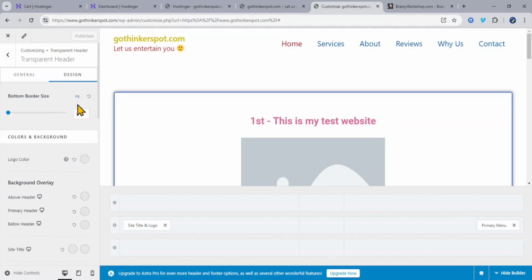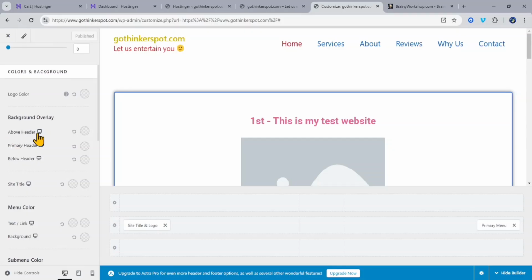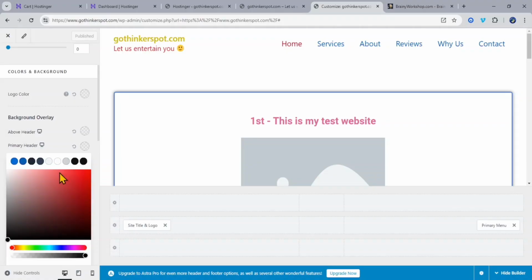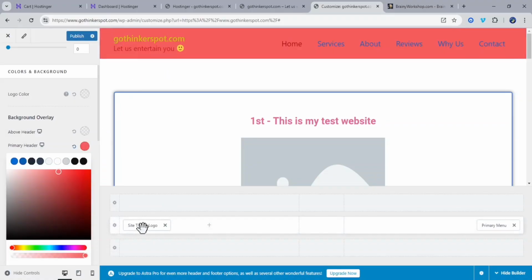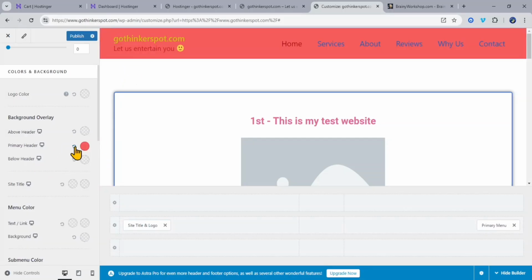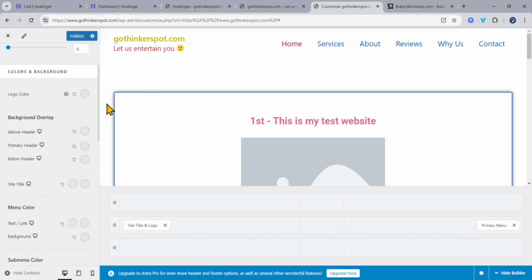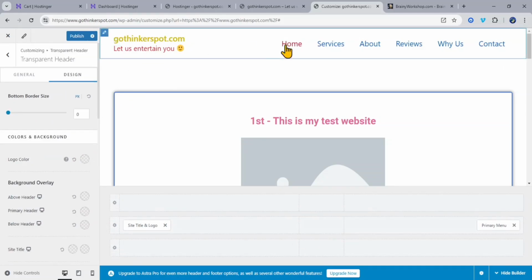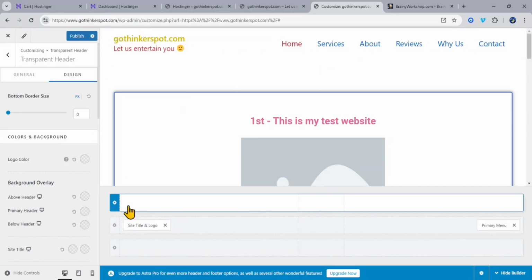When you go for design, you see above header, primary header, below header, these three. So on the primary header, I just want to show you what happened. I turn it to red. Look at this. This is your primary header. Yes? Okay, so we just return it to the white. So these three for these three layers here. We have just one layer here. I can show you what you can do with these three layers. For example,